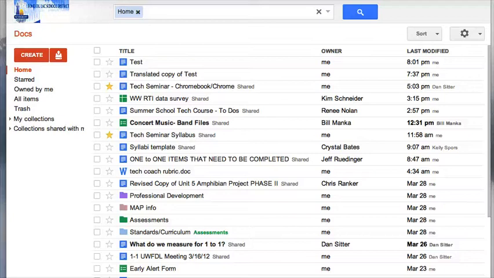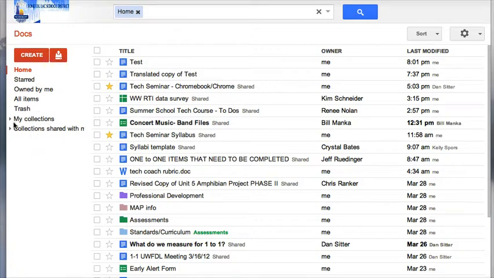Hi, welcome to organizing your Google Docs home screen. One of the main things that we get asked how to do is how to clean up what would be your home screen and how to create different folders for your files that you have uploaded or that you create in Google Docs. Now, Google doesn't use the term folder, they use the word collection,